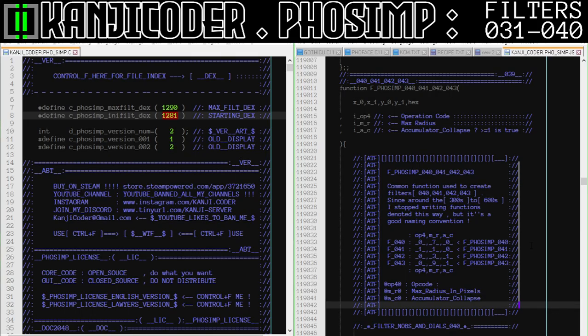But that kind of explains it a little bit better, because now we know that we have two different opcodes, and I believe one of these is subtraction and one of these is addition. There are other opcodes, but we're only using 0 and 1, so we only have to denote those ones, right? Chances are the other opcodes just look so completely horrible that they did not make it into a preset in PHOSIMP. Okay, max radius, we don't have to explain that. Accumulator collapse, we already explained that. Okay, so the opcodes here,